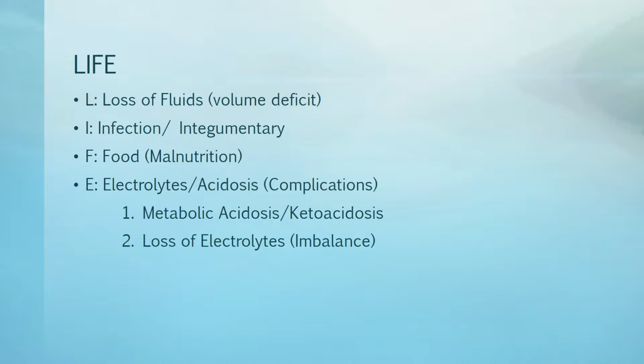The I stands for infection or integumentary. We know that there's impaired immune function due to an alteration in the immune system, a response that results in an impairment of white cells for phagocytosis. There's persistent glycosuria that predisposes the patient to urinary tract infections. We know that our diabetics have delayed wound healing. And as far as the skin,